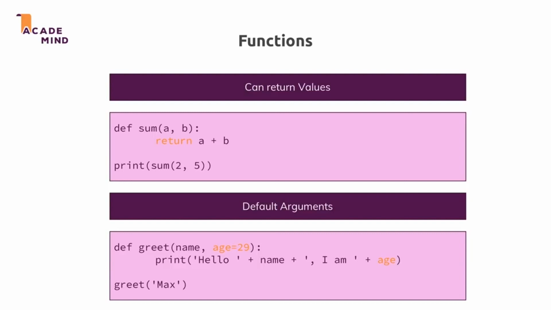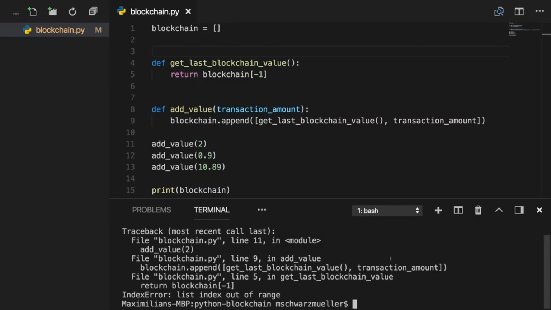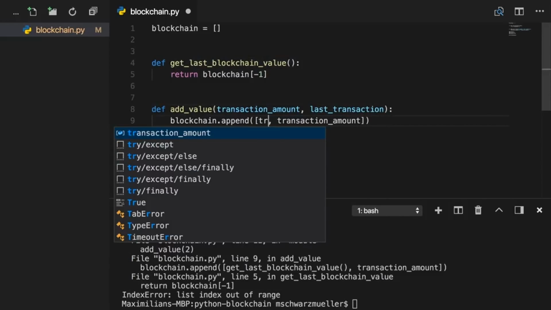Let's also use that in our blockchain example. We have a good use case for that with our starting value here. Let's go back to initializing the blockchain as an empty array. Now, clearly, if I now clear that and execute my code, we get an error because with get last blockchain value, we try to extract the value which doesn't exist. Now, let's fix this by using a default argument. Here in add value, I'll use add my last transaction value. And this is now actually what I will append as a first value in the new block. Last